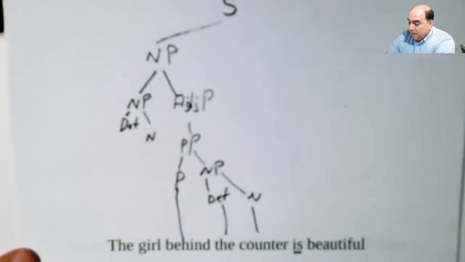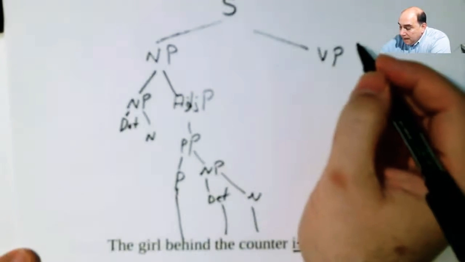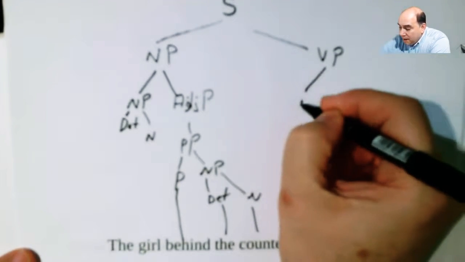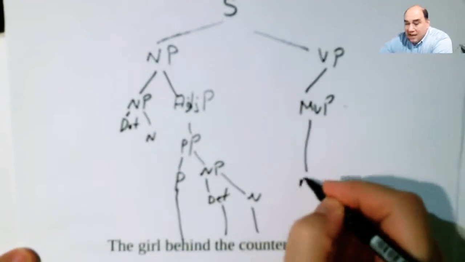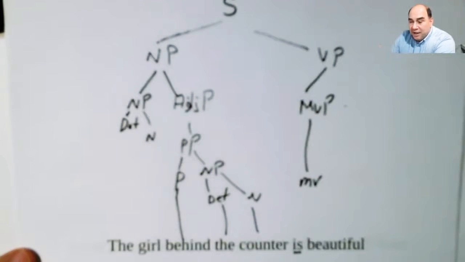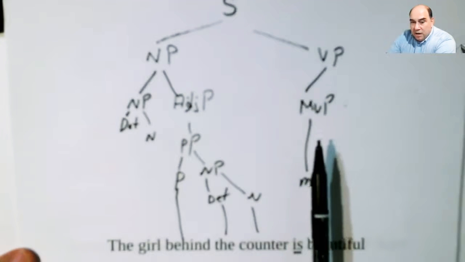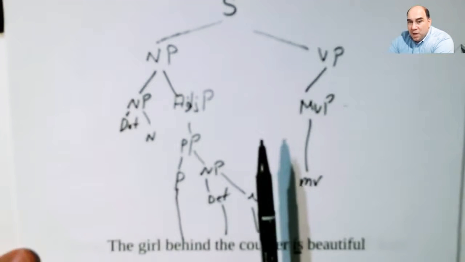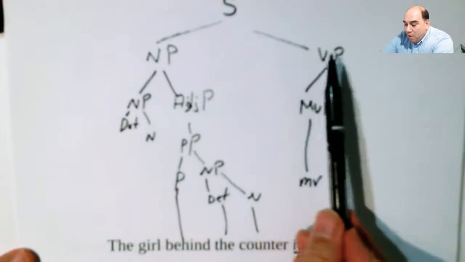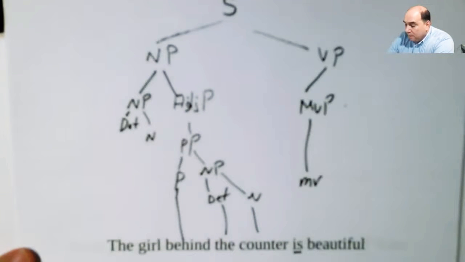All right? Now your main verb is here, so from over here we're going to add verb phrase. And your verb phrase is going to break down here, main verb phrase, okay, which is just a main verb. This is a linking verb. Notice that this column right here, sometimes it's over here, sometimes it's over here. It depends on where that verb is. And that's why you want to begin by figuring out where do I put these, because it's going to matter when you go to put in your verb tree. Okay,